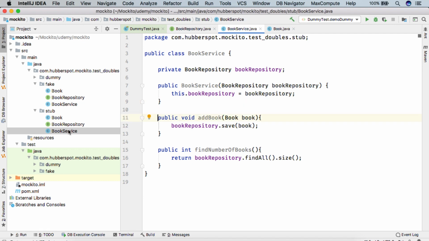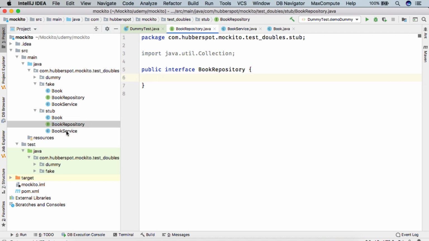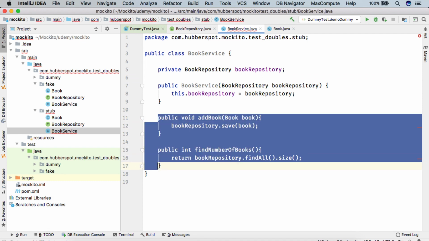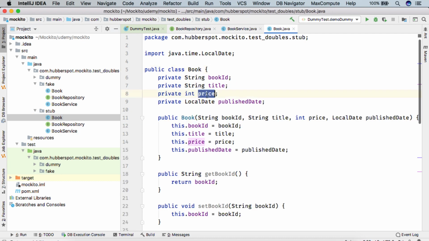In order to demonstrate the stub test double, I will remove these two methods. Let's say we have a requirement that whatever books are published in the past 7 days, we need to get those books, and whatever price they have, we need to apply a percentage of discount.